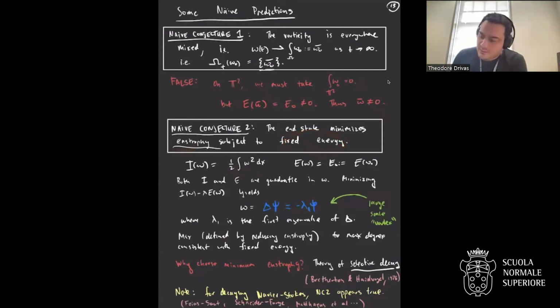And if you do that, you show that the minimizers satisfy this equation, where lambda 1 is the first eigenvalue of the Laplacian. And so you recognize these are just the gravest modes on your domain, the largest scale eigenvalues on your domain. So qualitatively, this looks kind of similar to that picture where you go to this large scale structure, but it makes a concrete prediction that you at least hover near the eigenspace of the first eigenvalue. And if the domain is a disk, say, and there's a unique one, then you converge to steady. And that's not typically what you see. We'll talk more about what you see later.